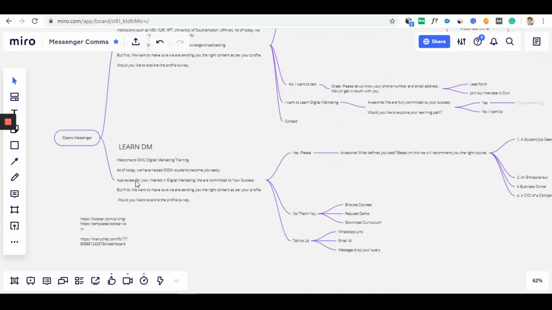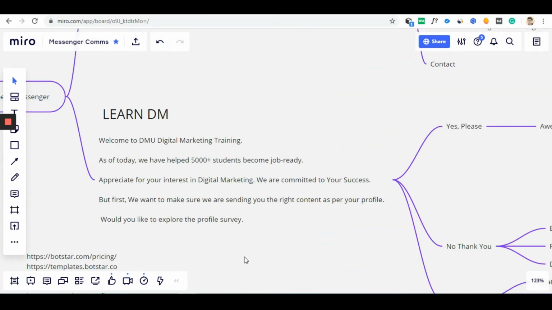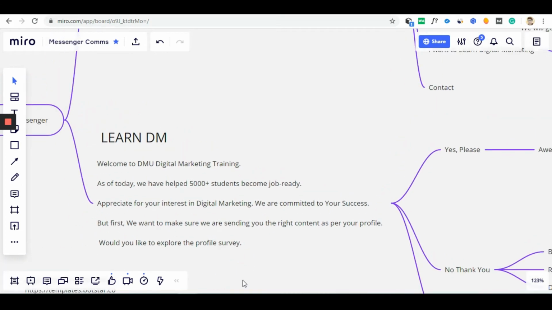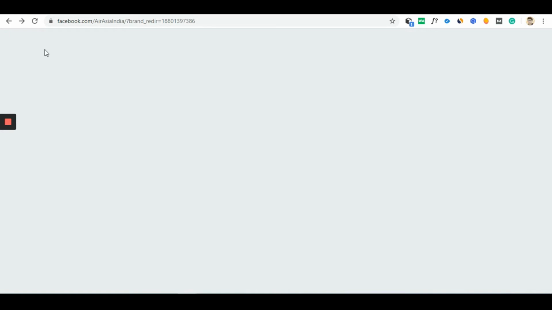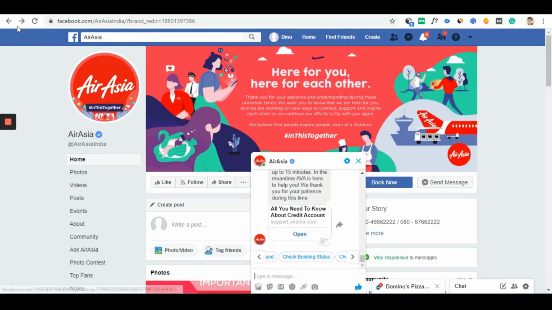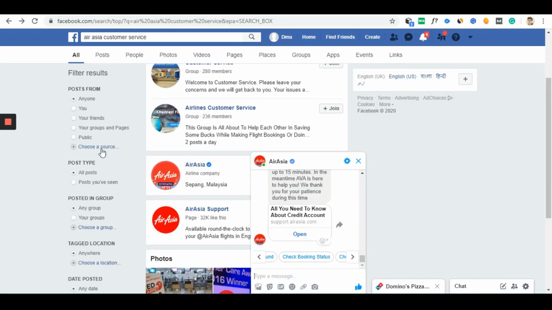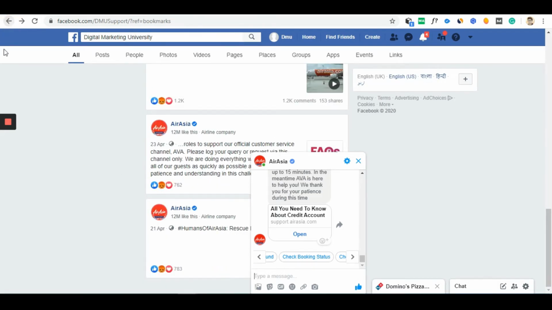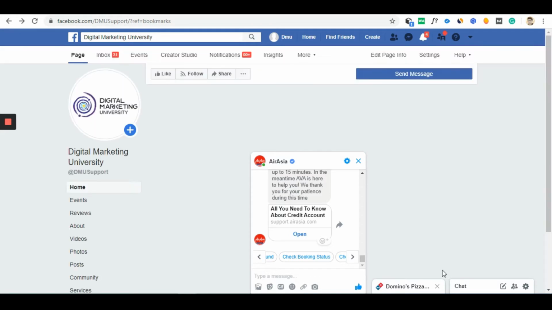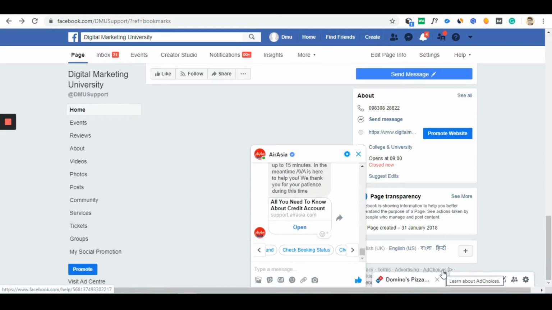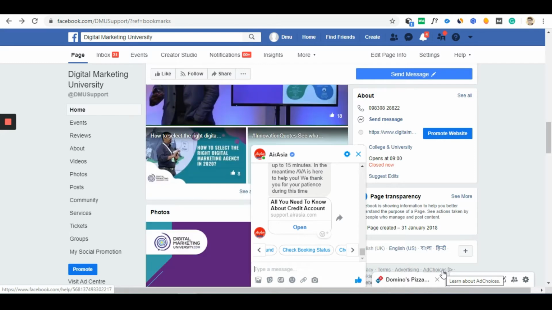Digital Marketing University, we're providing digital marketing training and consulting services. Now I'm creating a menu button for learn digital marketing. Whenever someone lands on our Facebook page, they would get a menu button over here called digital marketing training, DM training. This is for all those people who are looking for training. There will be multiple buttons. One of the buttons is DM training, which I'm going to create today in front of you in this video, so that you can learn how to create this menu button and how to plan the communication flow. So digital marketing training is going to be one of the menu buttons over here.